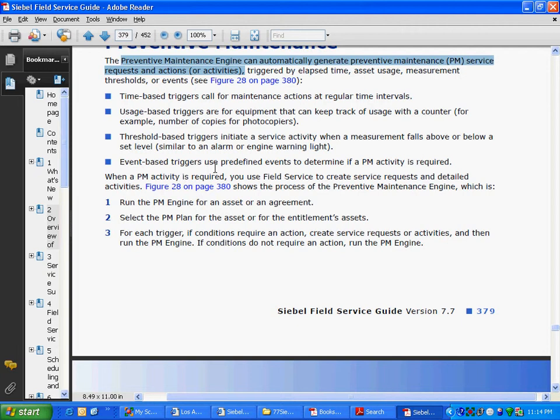Making sense? Anyway, it says that it creates service requests and actions. So on the basis of certain criteria, it will generate service requests and actions. And I'm thinking that can easily be done using workflow or a business service. So why don't we simply use that? So I'm just thinking, is it just a business service which is provided by Siebel out of the box? It can be. That's what it is, I think. Yeah, it's just a chunk of code which is provided by Siebel out of the box. But then we'll study the exact behavior.